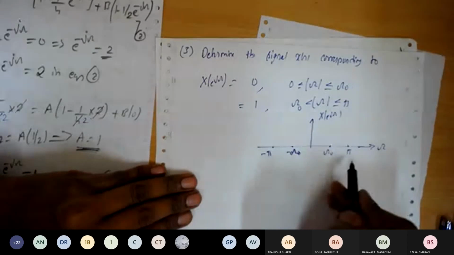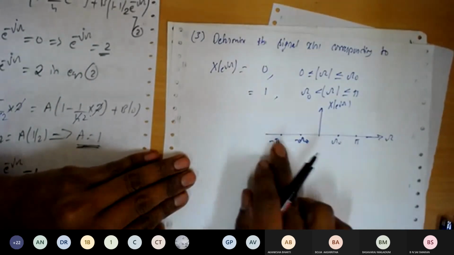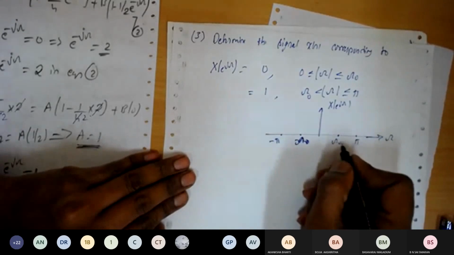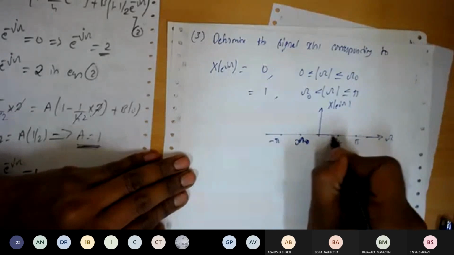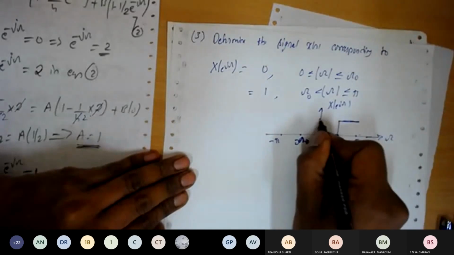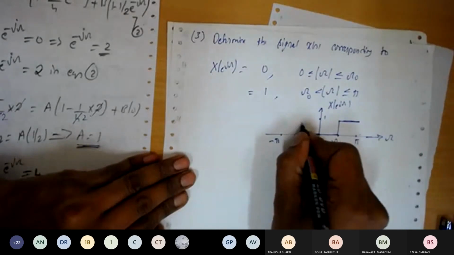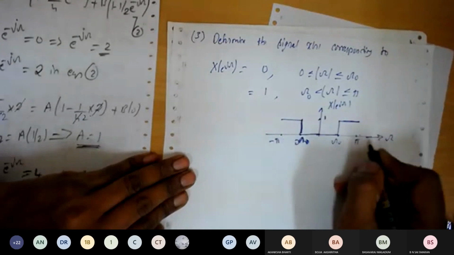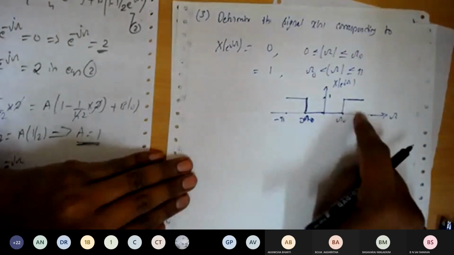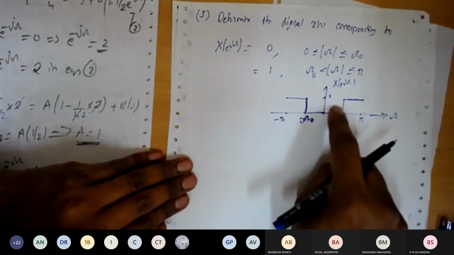Getting it right? If anyone asks whether the negative frequencies exist, no, they do not exist. Just to provide stability in the mathematical expression, we take the negative frequencies also. So from omega naught to pi, it is equal to 1. Again from minus omega naught to minus pi, this is equal to 1. As I told, this is similar to the high pass filter. It is going to pass only the high frequency content, and the low frequency content is not going to be passed.